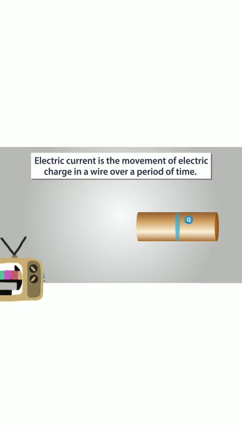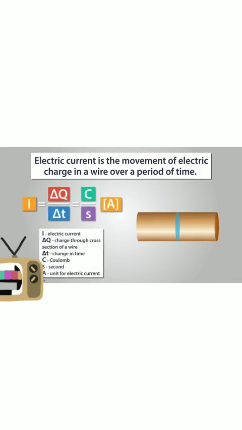When I give some extra energy source to it, those electrons get a force, and they come out of their valency shell and take part in the electric current. The movement of electric charges over a period of time is called an electric current, right? And this is the formula of your electric current, that is, charge flowing per